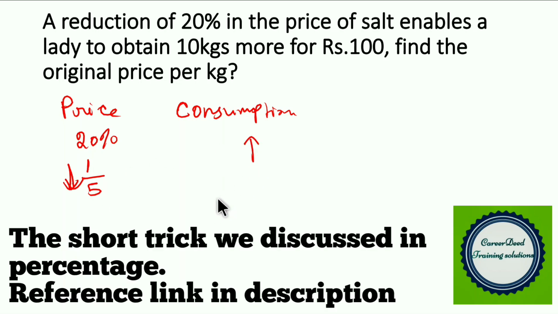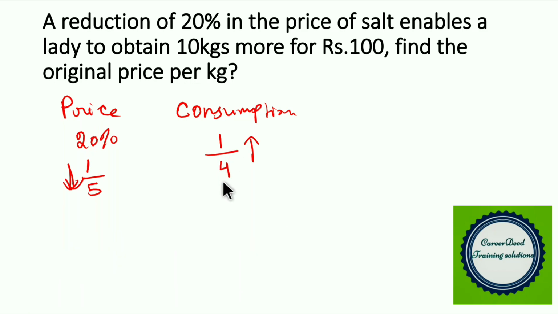So here this is the decreased fraction, where you have to increase this fraction. So how can you increase the fraction? You have to keep the numerator as it is, which is 1. Instead you have to decrease the denominator to increase the fraction. So how much do you have to decrease? In numerator you have 1. So 5 minus 1, you get 4. So 1 by 4 is nothing but 25%.